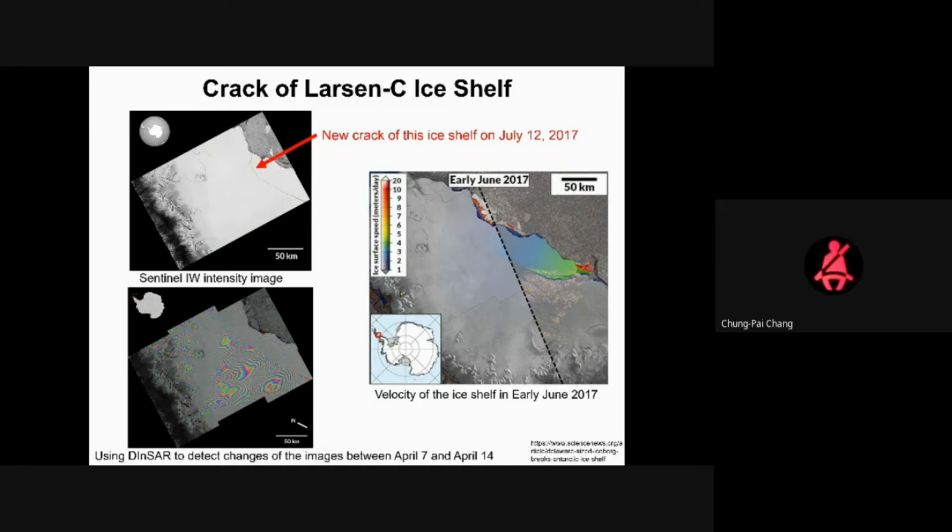For example, we can see some results from... this is not the result from our lab, but from our colleague. They found some new cracks in the ice sheet here, and used them to calculate the movement of the glacier. Okay,